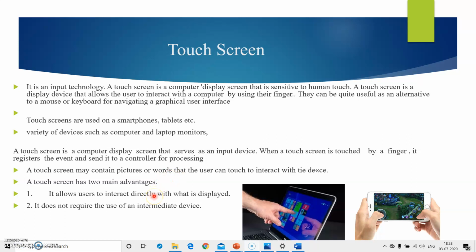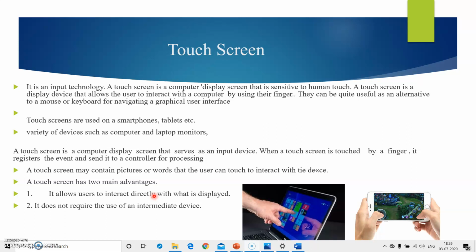Today we have studied the display devices. First, we have studied what is a flat panel display. We have seen there are two main types of flat panel display. One is the emissive flat panel display and the second is the non-emissive flat panel display. We have studied plasma panels and light emitting diodes.